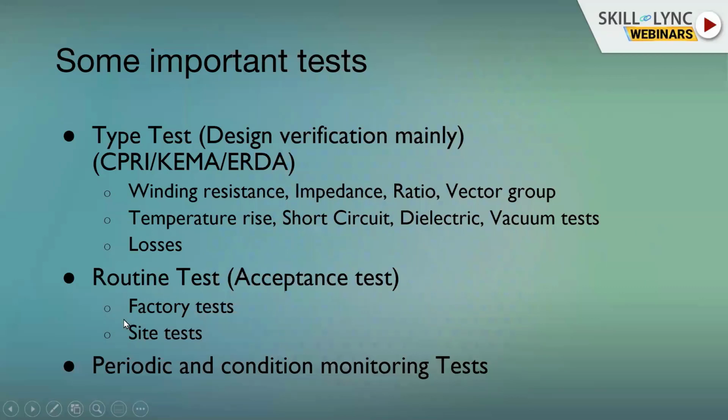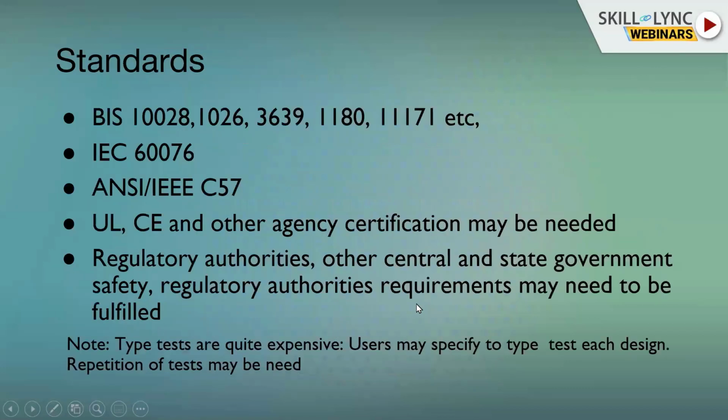And before you accept a transformer, suppose you order 30 transformers, one transformer is type tested. All the 30 have to be routine tested in the factory before you give clearance for them to be dispatched. So these are some of the standards, including Indian standards and international standards, which are very, very important for coming to an agreement between a purchaser and a user, and also for a maintenance agency. And naturally, the type tests are pretty expensive. They would form a significant percentage of the transformer cost itself. So typically, we don't do type tests very often. Maybe once in 5 years on a particular design, normally specified by a customer.